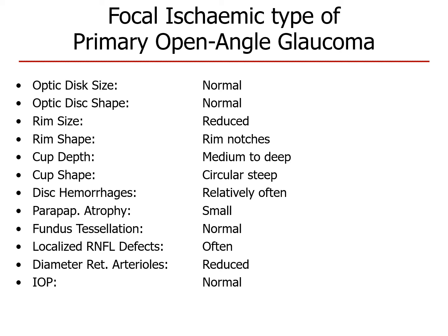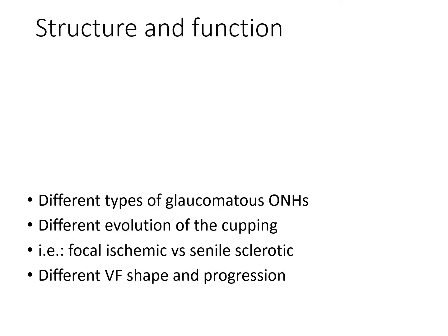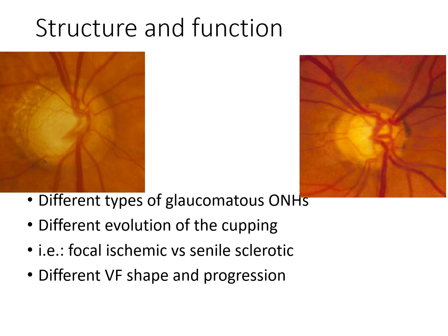Hemorrhages are often present, small peripapillary atrophy, visual field with often localized defects such as retinal fiber layer defects, and also here the retinal arteries are reduced. IOP is normal. So coming back to the previous images,